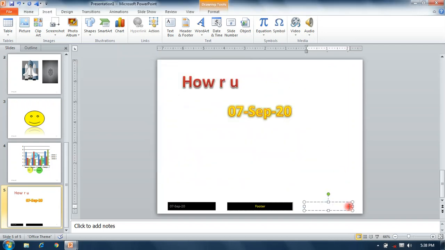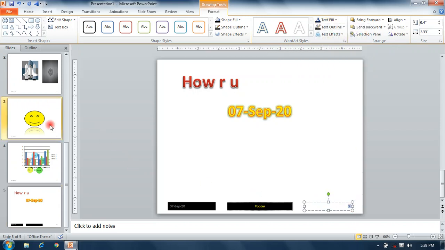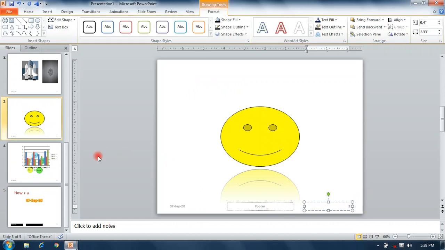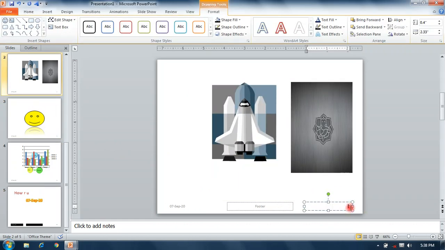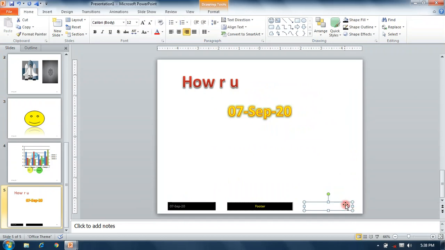So this is slide number 5. As you can see, this is slide number 3, this is slide number 2. So you can see this is the number of the slide.